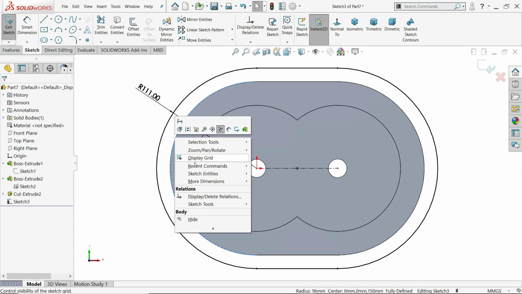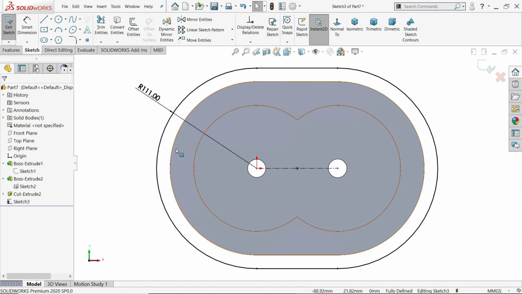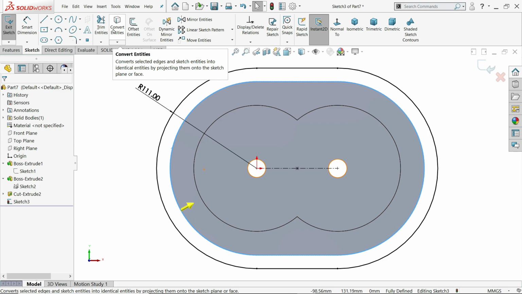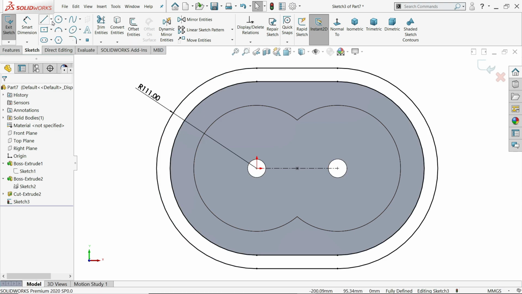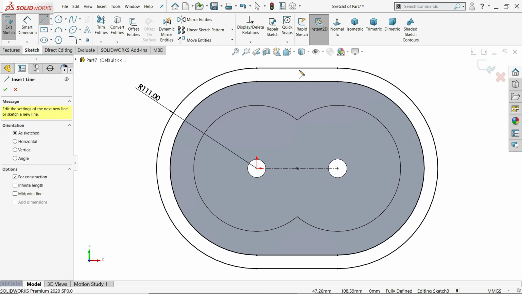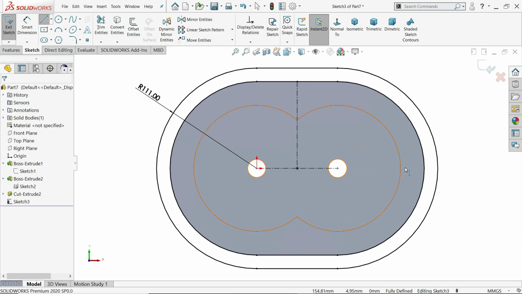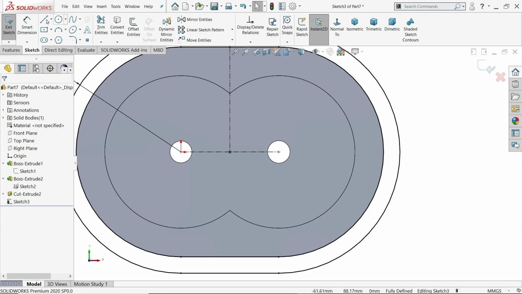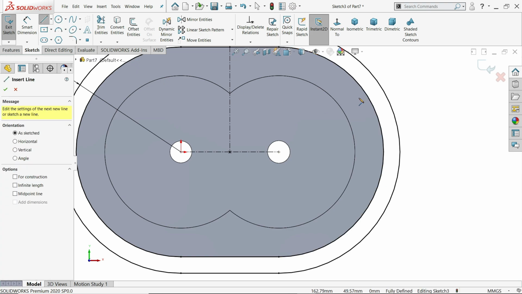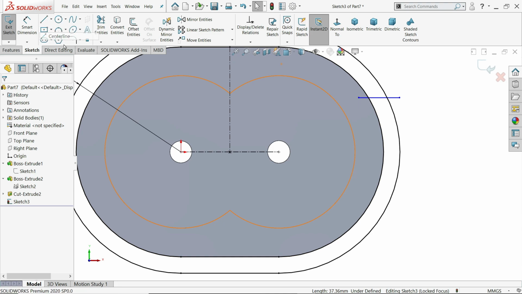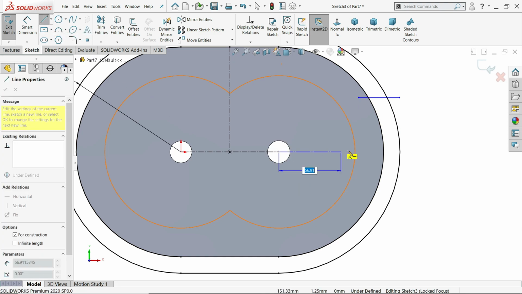Now right click, select loop, convert entities. Okay, let's create a line.